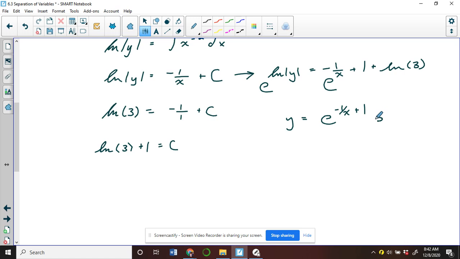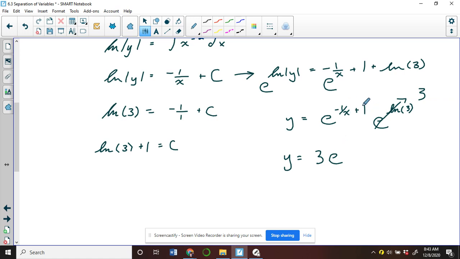So I'm going to actually break that into another e to the natural log of 3, using the idea that if there's addition in our power, then we know there was multiplication initially. And I did that because natural log and e are inverses. That leaves us with 3. So this expression goes to 3. Therefore, y equals